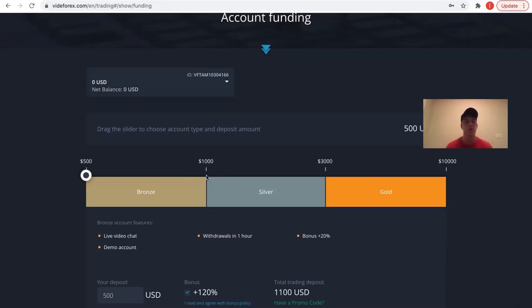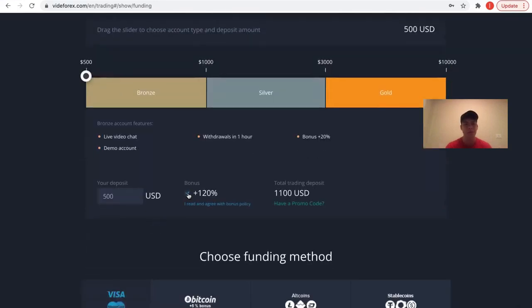But of course, you don't want to put your rent money in here or do something that you're uncomfortable with. Just start with something that you're comfortable with. So in this scenario, we'll be doing 250. Then once you select how much you want to start with, then you're going to uncheck the box that says